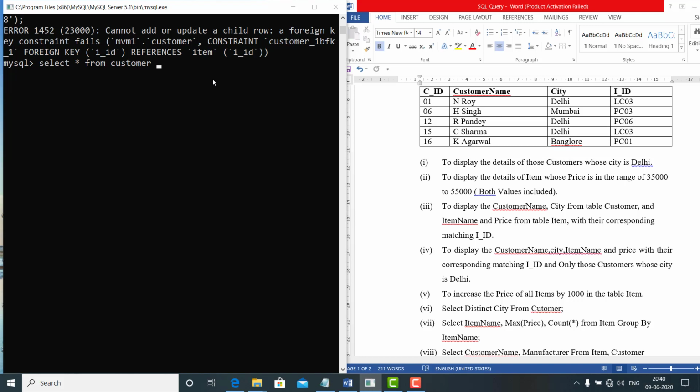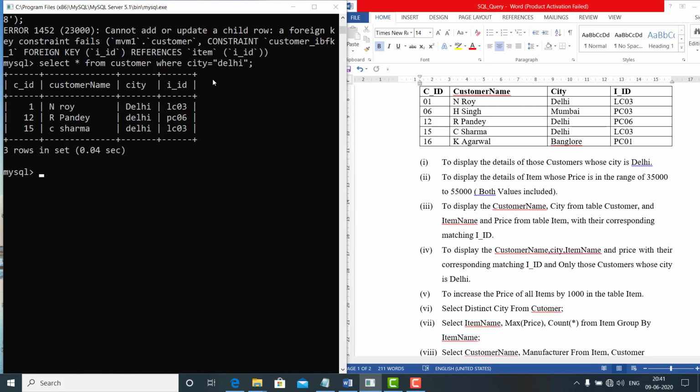So there is a condition, and we always put a condition with the WHERE clause. So we will write WHERE city equal Delhi. Okay, look here, there are only those records whose city is Delhi. So this is the first query we completed.